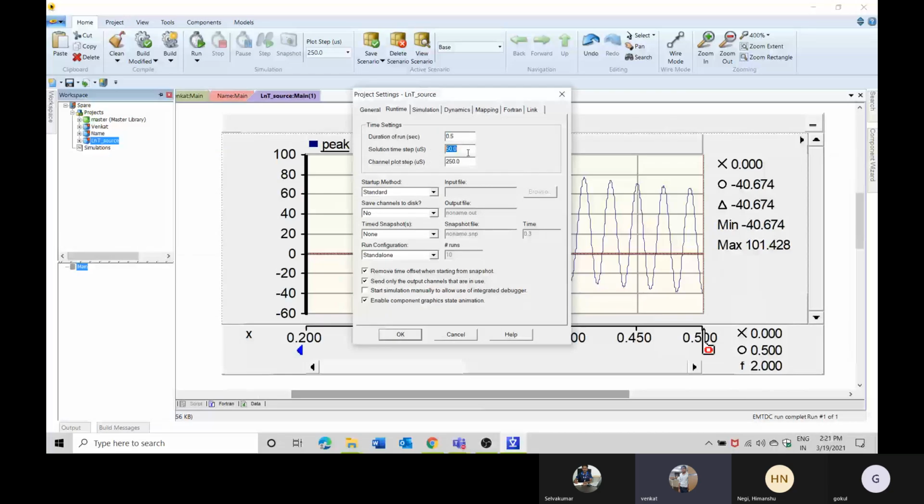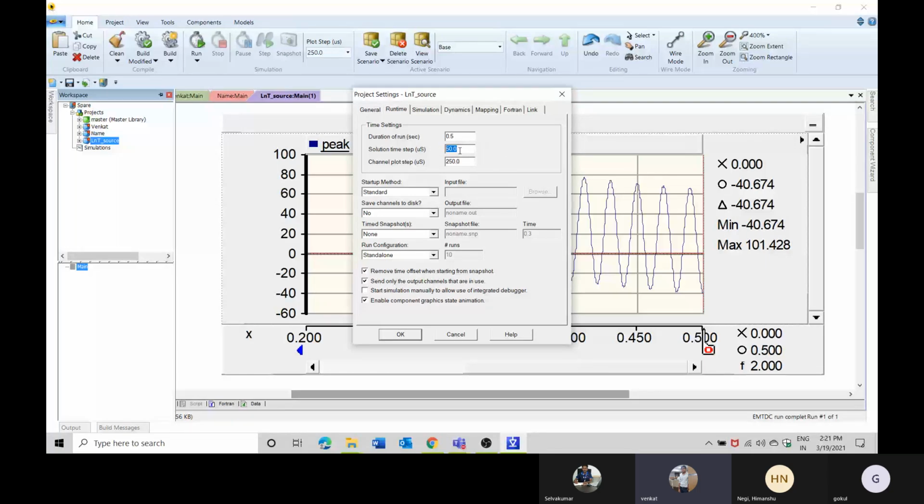The solution time step is nothing but how often it takes solutions. Whenever we run the simulation, the algorithm will be running in the background. It will take a solution for each 50 microseconds.